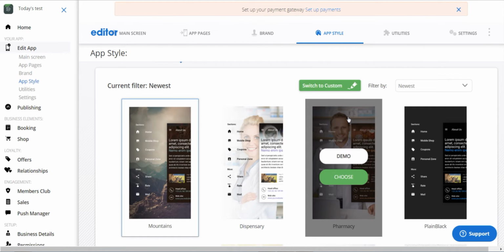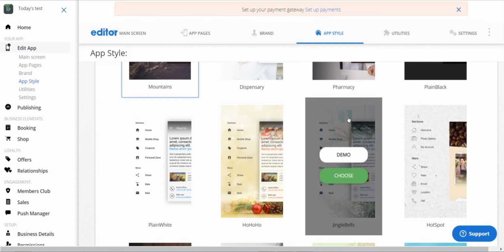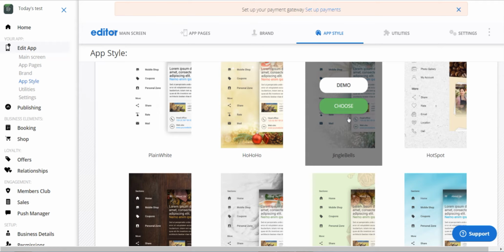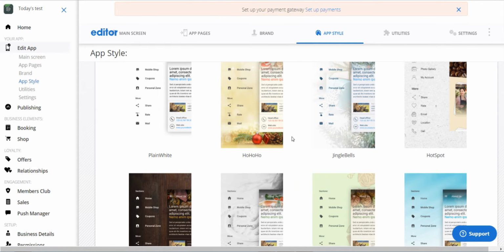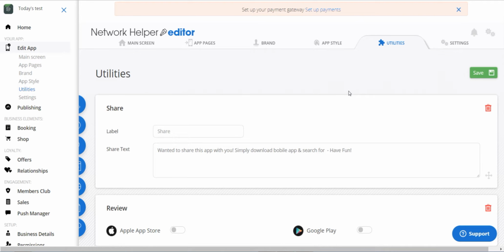This is just if you want something, you just want to pick something up really quick, like maybe some stock photos and everything. You can just kind of go for it, and then sort of change or drill down, you know, make little minor changes from there. All right, so here we have the utilities,